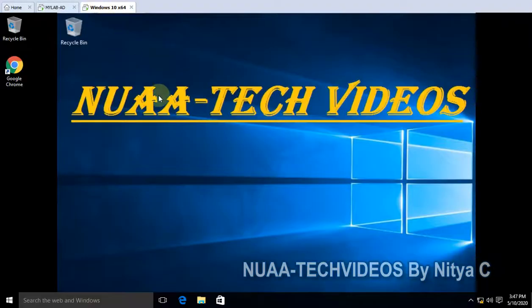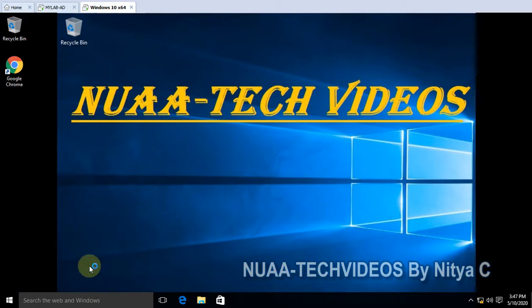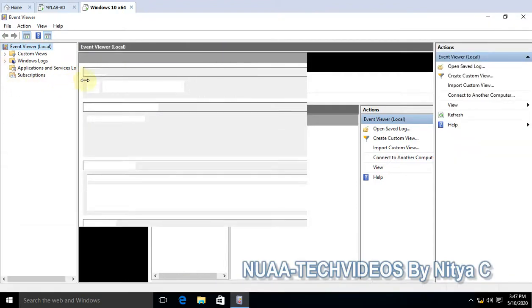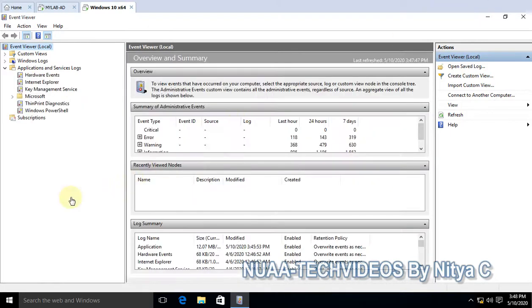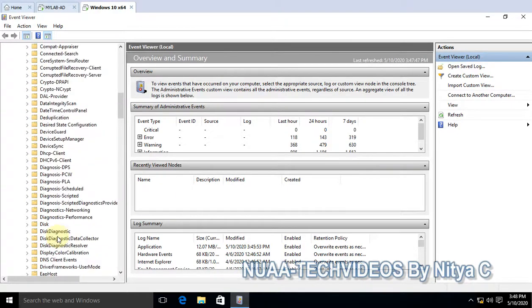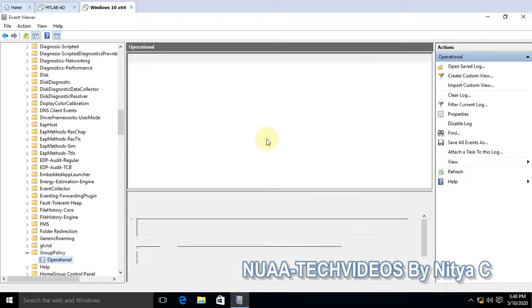Also, to narrow down the issues, let me tell you one more clue. You have to open the event viewer on the client machine, eventvwr, and here we will look for the group policy events. Okay, application. So this will give another clue on the startup or shutdown script delay. So let's expand Microsoft and Windows, and here we have to look for group policy and operational. So we will look for the logs.